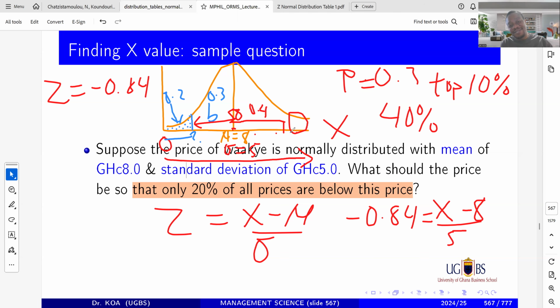Okay, Christopher, 70% means that you have 50% and 20%. So you should go and read, because the 50% we are done with, but that one is on the left side. So it's still 70% on the right, but you're going to read the 20% part after the 50%. So you are going to read 0.2 on the right side, which is going to be positive. And then that is what you use to get your z value.